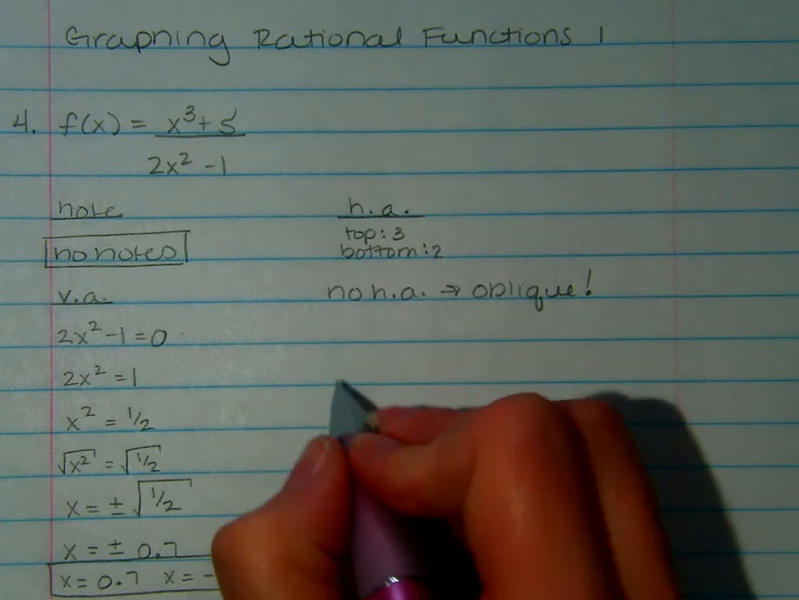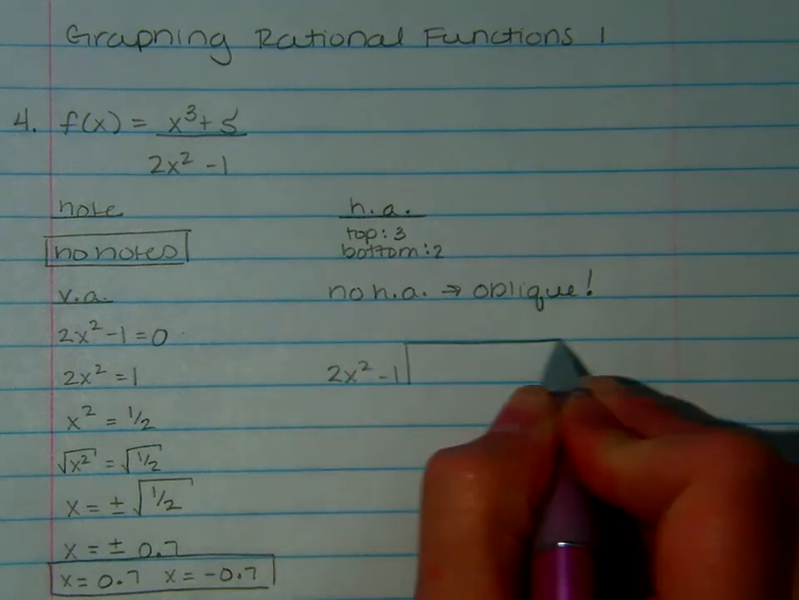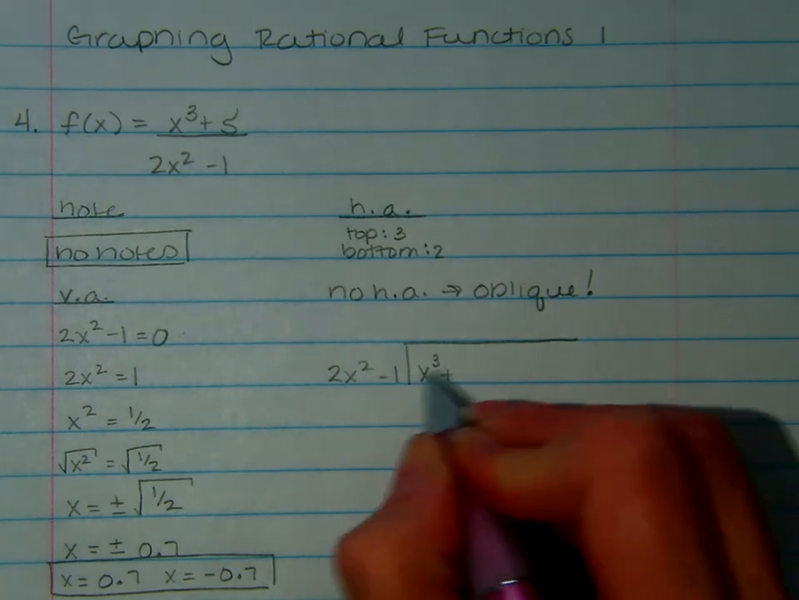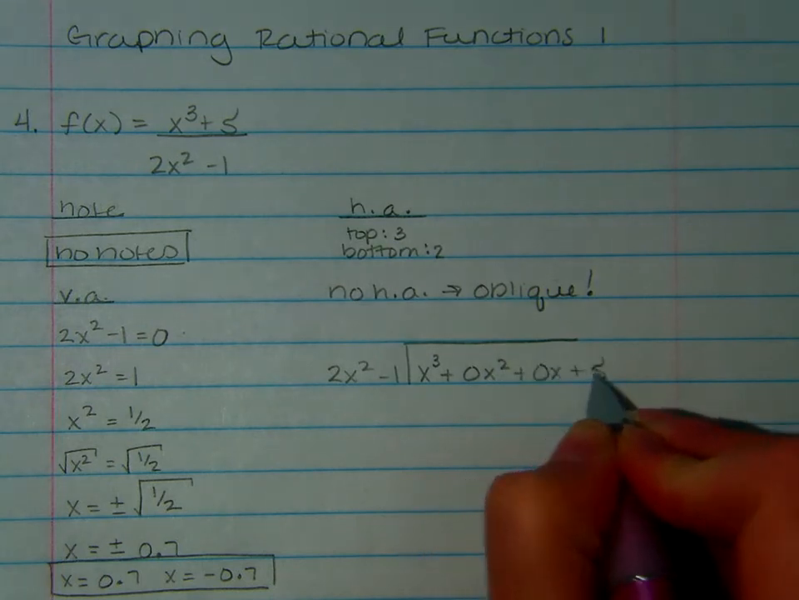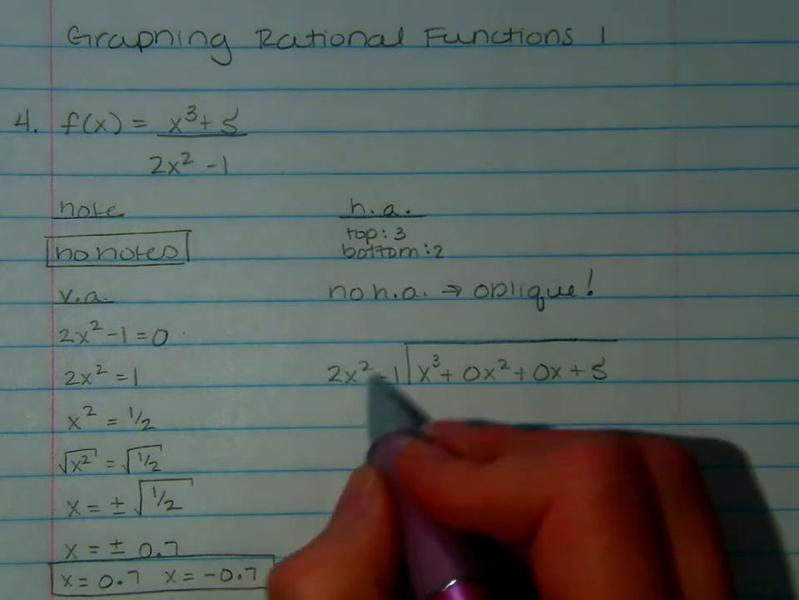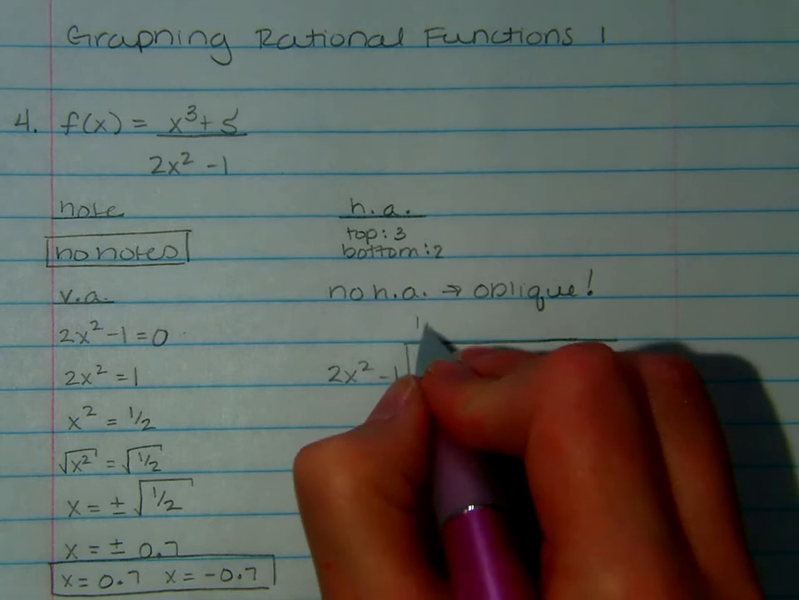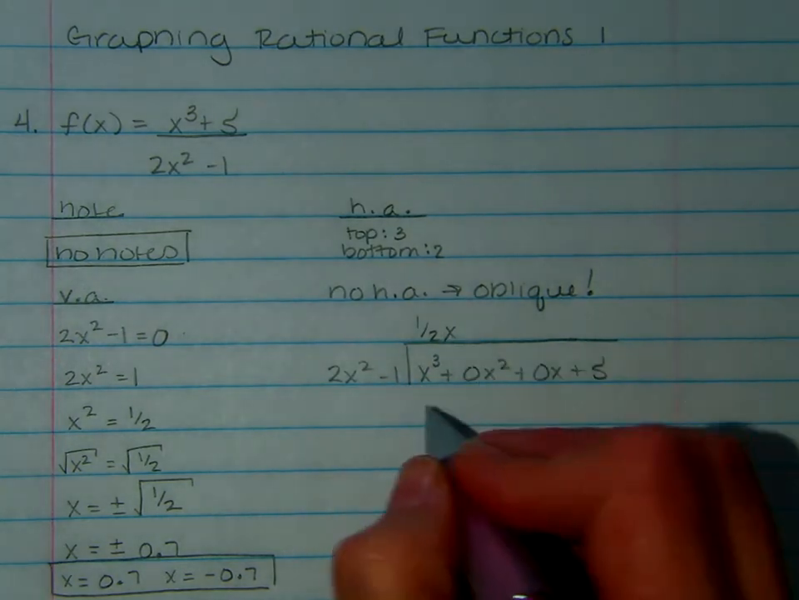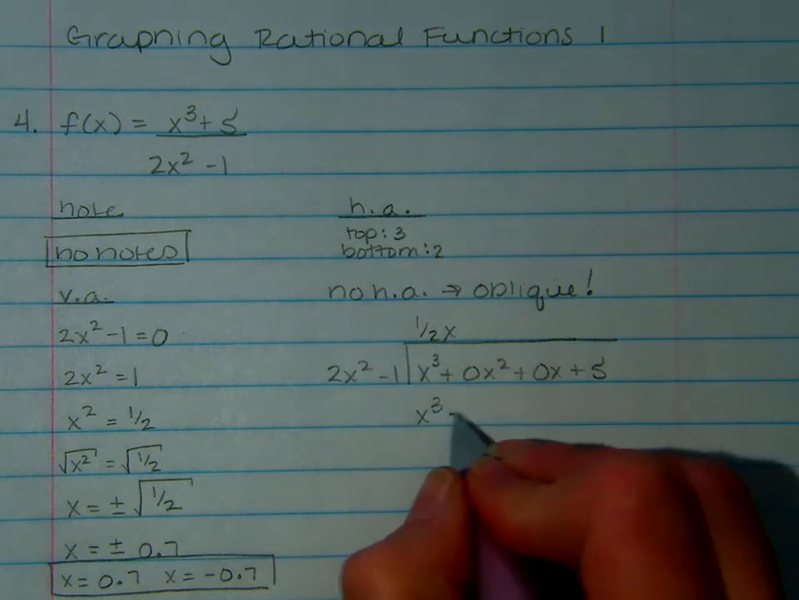So I'm going to use 2x squared minus 1, and I'm going to put the x cubed on the inside of the house. Remember that you need placeholders, so it's x cubed plus 0x squared plus 0x plus 5. Got to have those placeholders, okay? And then I ask, all right, what can I multiply by 2x squared to give me x cubed, 1x cubed? And the answer is 1/2 x. 1/2 x times 2x squared is just x cubed. 1/2 x times negative 1 is negative 1/2